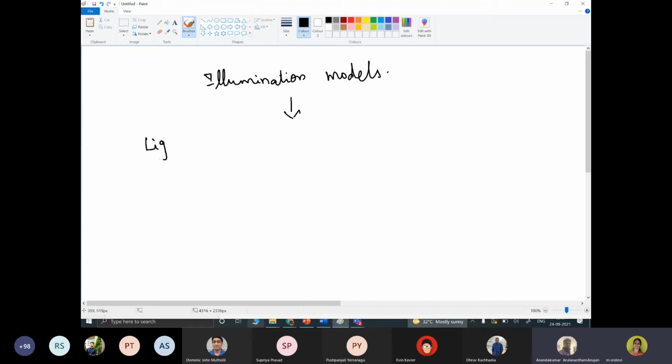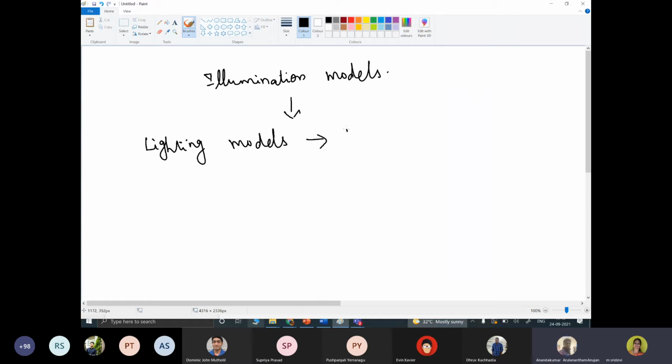So when we talk about the lighting model, different concepts we are going to talk about. What is the lighting model? What is lighting effect? What is the light source? How is the light source going to affect our output? All those things we will be discussing here. A lighting model determines the intensity of light that we should see at a point on the surface of an object.